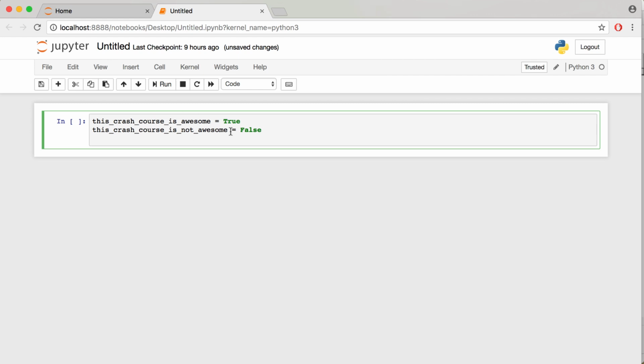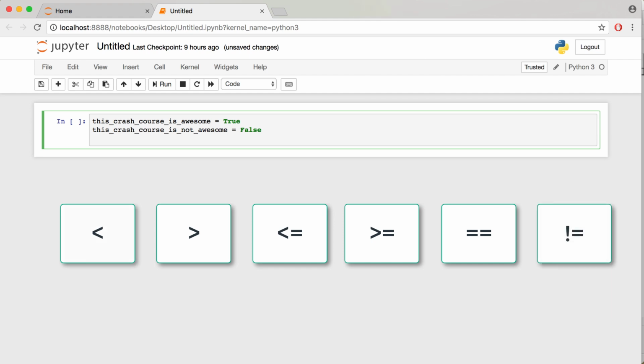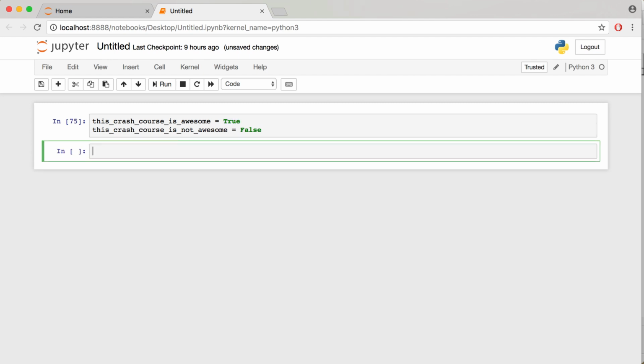Can this get harder? Of course. The way I just assigned these booleans isn't very useful. Normally, comparison operators like less than, greater than, less than or equal to, greater than or equal to, or not equal to, these comparison operators are often used to return a bool value, instead of us hard coding something to be true or false. For example, if I set comparison